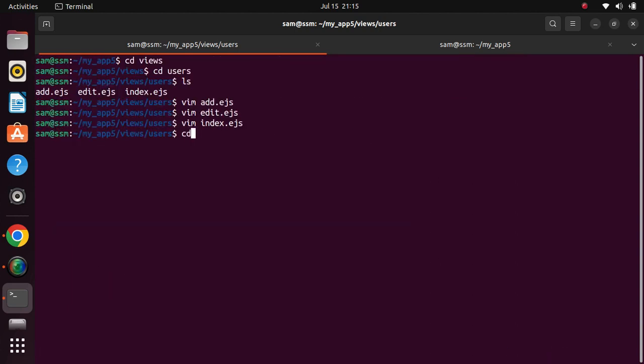Now we will go to the routes directory. This is also a front end part but somewhat validation part. In that, JavaScript file,